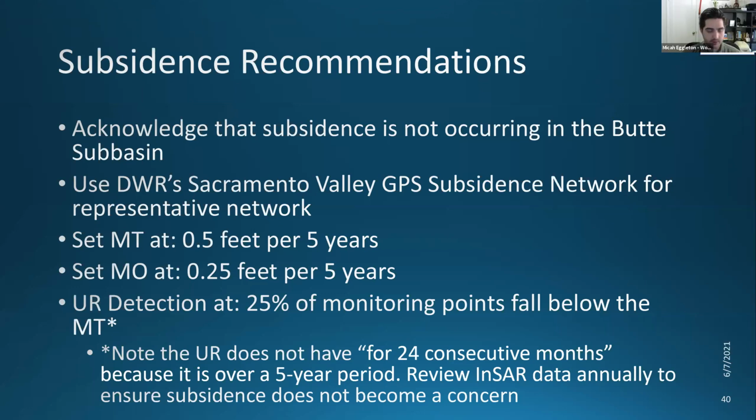I would also add, if you look at the very last sentence on this slide, DWR puts out InSAR data annually. So it's not like every 5 years it's going to be a big surprise if there's subsidence in the basin. It's as easy as looking at the SGMA data viewer online for anybody, and we can take a look at the annual changes. So it's something that will definitely be looked at on an annual basis, but the representative points we are using to define undesirable results in our threshold networks are these particular locations. The InSAR data is just something we're going to be looking at to make sure there are no big surprises, but like I said, we don't foresee that. I just wanted to add that clarification.